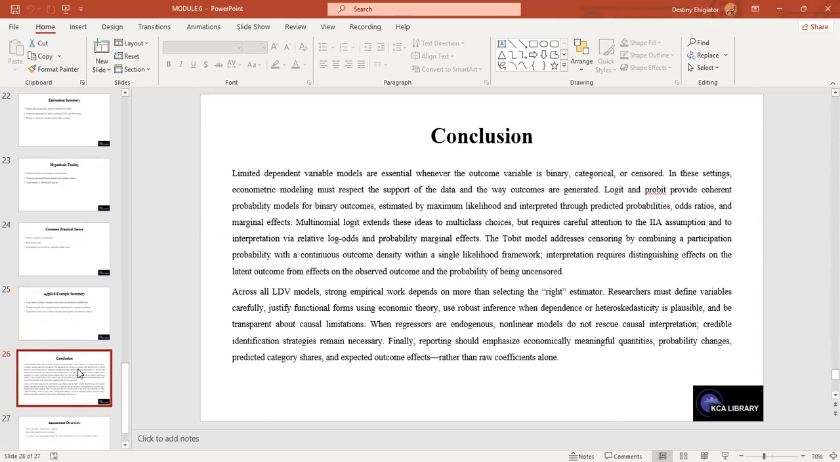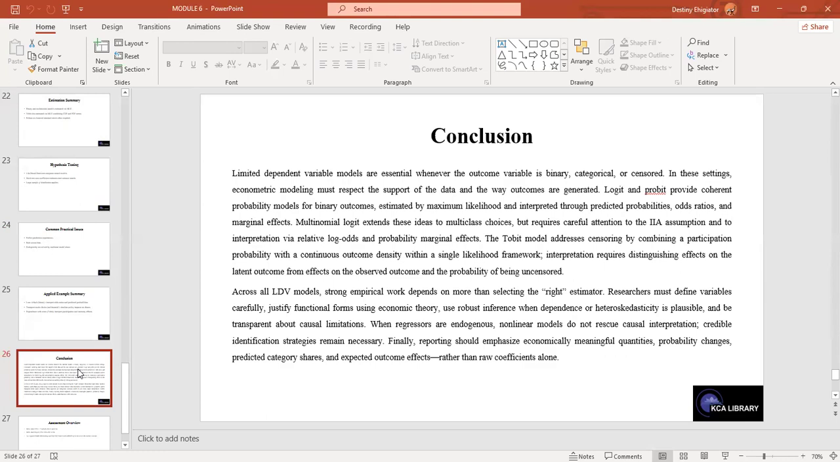By way of conclusion, limited dependent variables are essential whenever the outcome variable is binary, categorical, or censored. In these settings, econometric modeling must respect the support of the data and the way outcomes are generated. Logit and Probit provide coherent probability models for binary outcomes, estimated by maximum likelihood and interpreted through predicted probabilities, odds